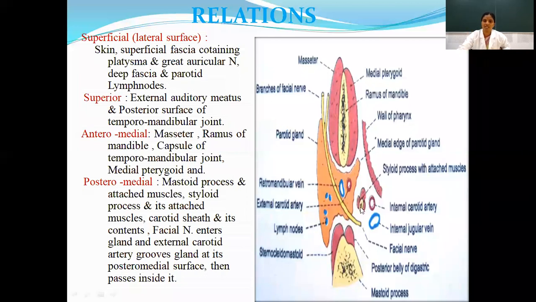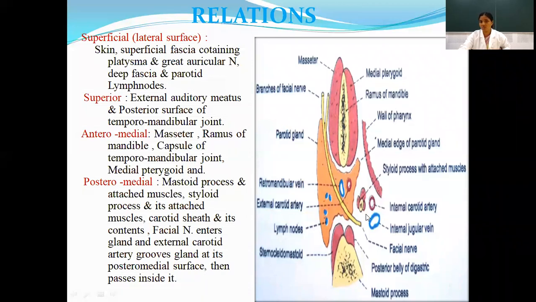Just in front and medial to this styloid process, we can see the internal carotid artery, and behind that the internal jugular vein. These are very important structures, as the internal carotid artery supplies the cranial cavity. So these structures are related to the styloid process medially. So posteromedial structures are very, very important. Sternocleidomastoid and posterior belly of digastric are attached to the mastoid process. The styloid process receives the 3 muscles and 2 ligaments. And important vessels are the internal carotid artery and internal jugular vein.